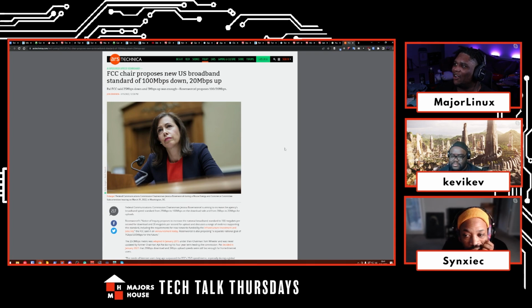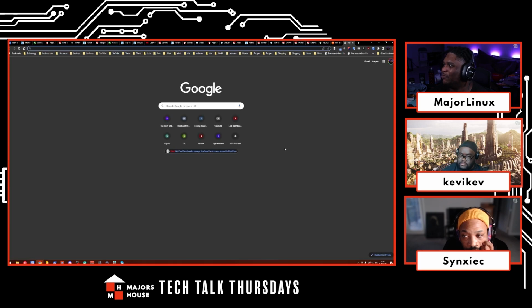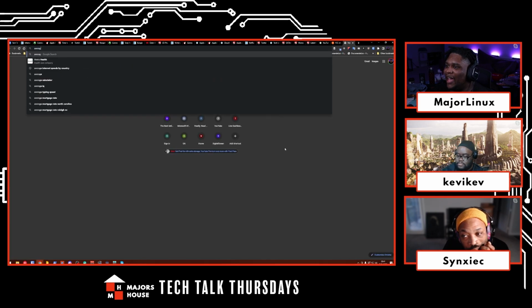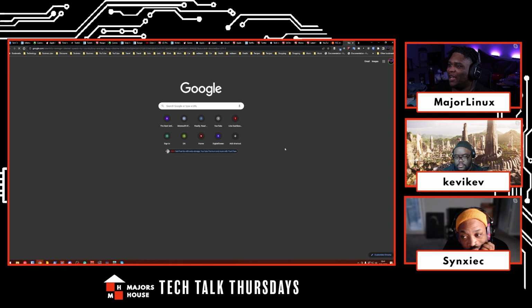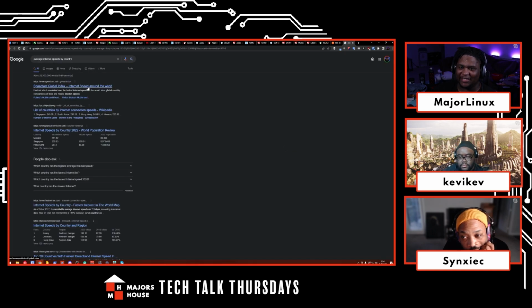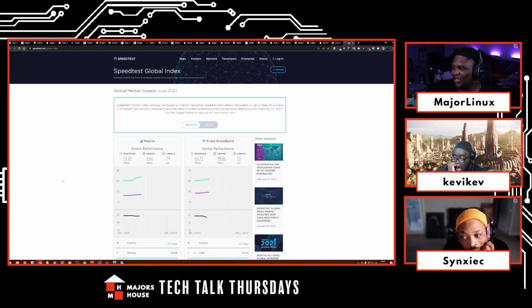I was talking to somebody on Twitter when I shared the article. Someone said it sounds low, though. I said, well, hold on, let's sit down and look at this for a second. So I looked up average internet speeds by country. Speedtest does have a global index. On average, our upload speed may be a little bit lower than the world average, but that download though,